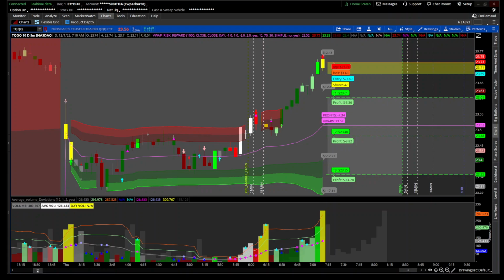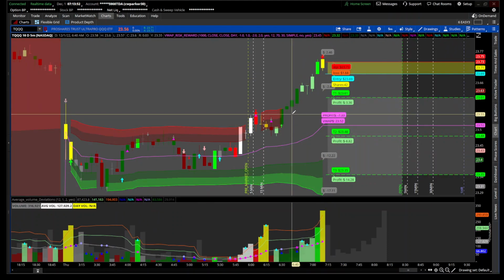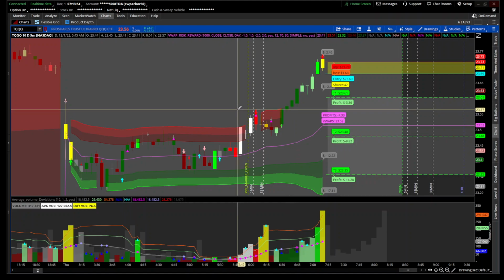I'm redoing my video on the VWAP risk reward indicator, because when I looked at the math again, I saw everything was wrong, at least when it came to the profits anyway. Right now we're looking at TQQ. It took